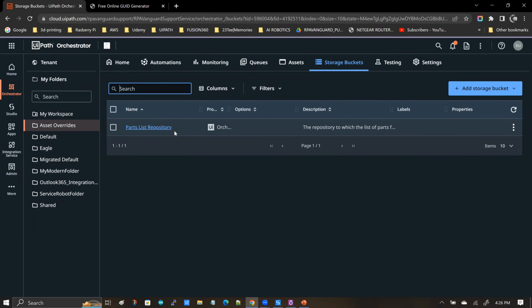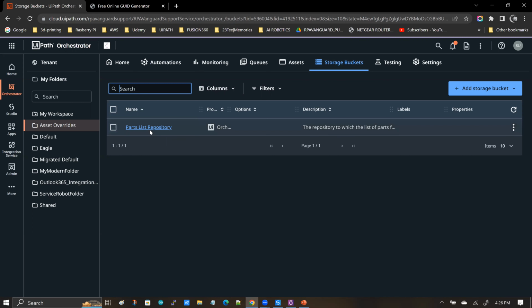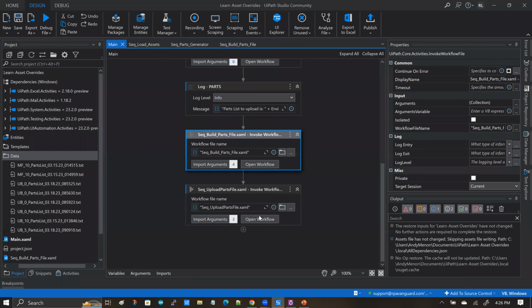And obviously all the automations that are executing under this folder have access to that storage bucket, or rather all the named users who have access to this folder have access to this storage bucket, and all those parts are going to be deposited here in this storage repository, right? And that's a simple step. So if we go back and get into this location or this flow,